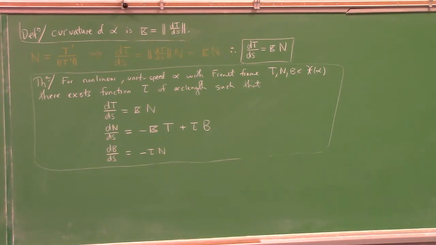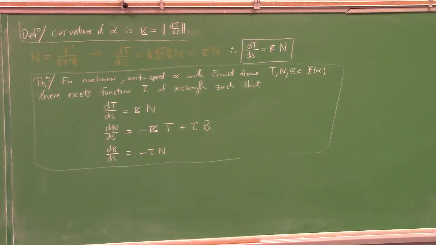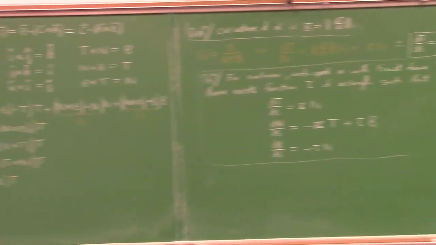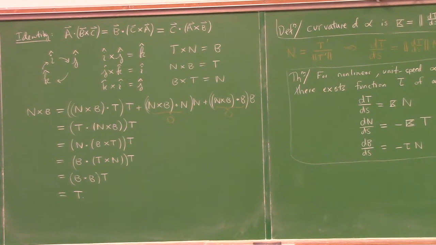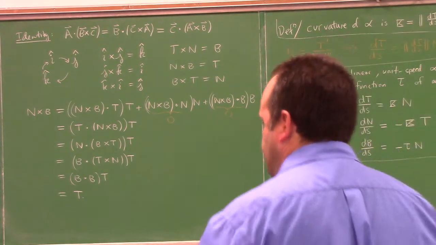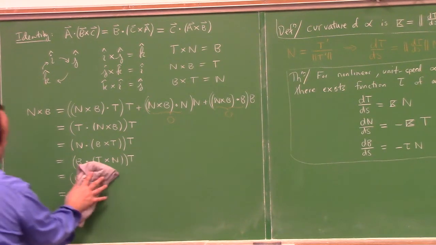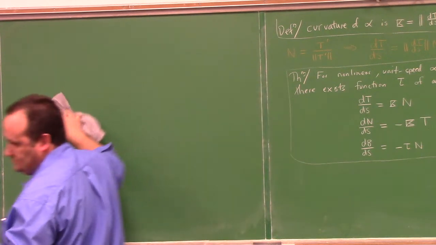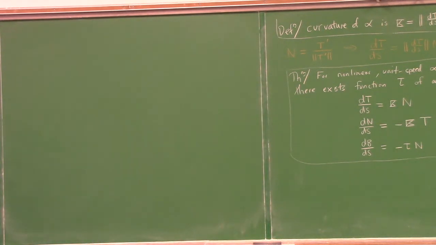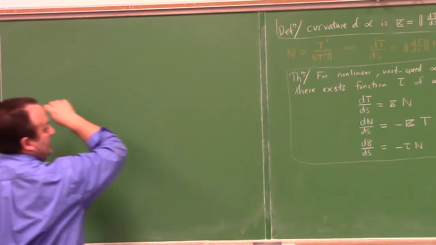So what we're going to do is look at the derivative dN/ds, which fits into the category of what we were talking about last time. It's a vector field along a curve, right? Because we're differentiating a vector along the curve. And so here it is. So we know that